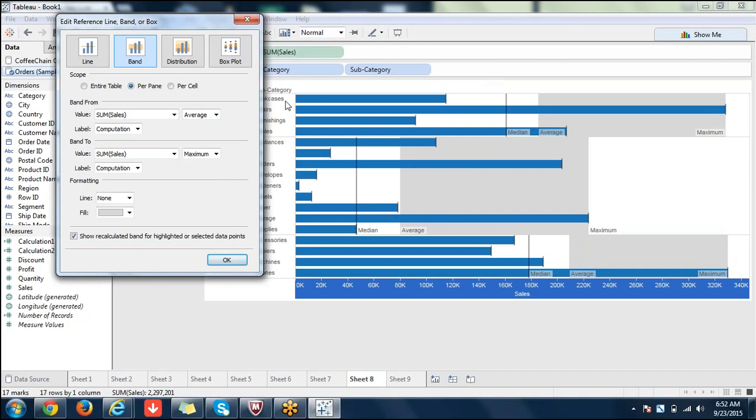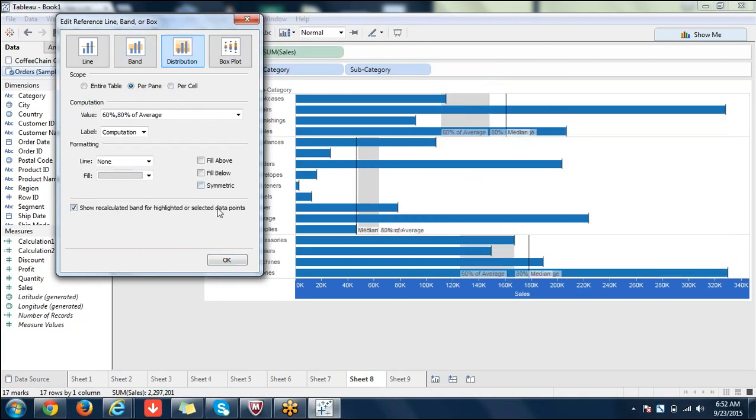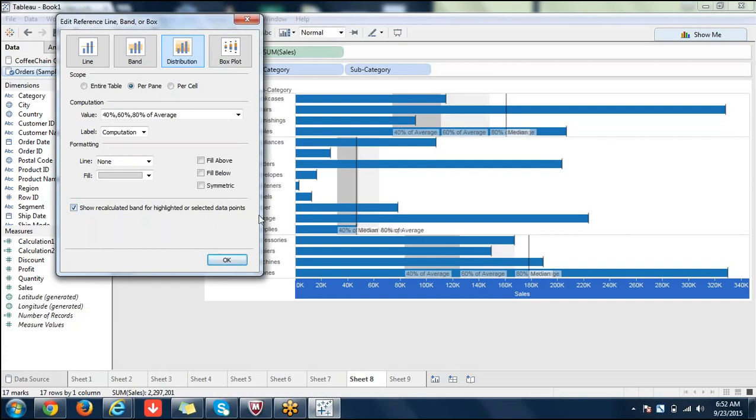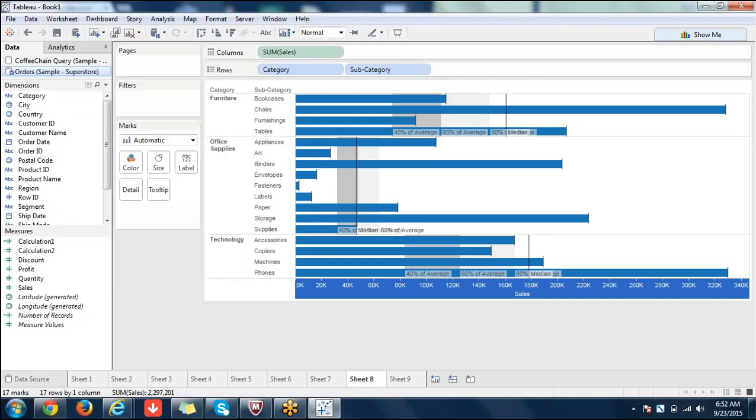And band distribution is there like this, 60%, 80%, and you can go ahead and add any values. The 60%, 80%, as we have seen in the box plot also, right? So you can add 40, or if you want to add 90, you can go ahead and do anything here. A lot of options are there. Also you're seeing it in a Gantt chart also, right? Not Gantt chart, Stuti, it's a bullet chart. Oh, bullet chart. Okay, it's only a bullet chart. It will not be shown in a Gantt chart.